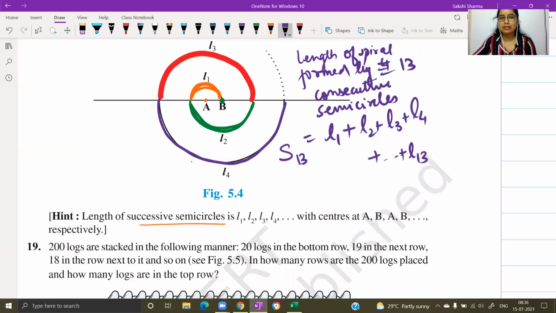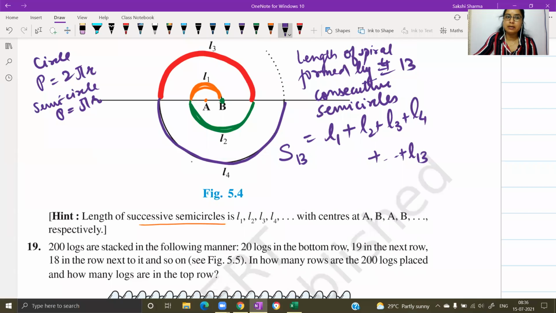You learned in junior class, pi r. Whole circle के लिए we have 2 pi r. For a semicircle, the perimeter, the length of the curved boundary is given by pi r. Circle के लिए हमारे पास circumference का formula है. So L will be given by pi r. You have the radii for each of these and then you can find out.